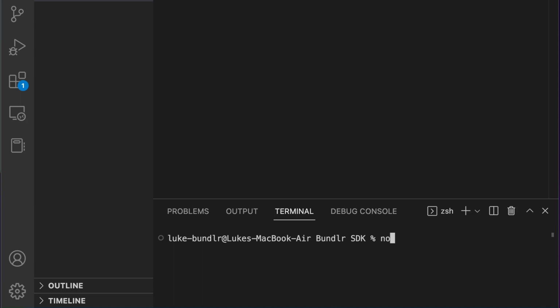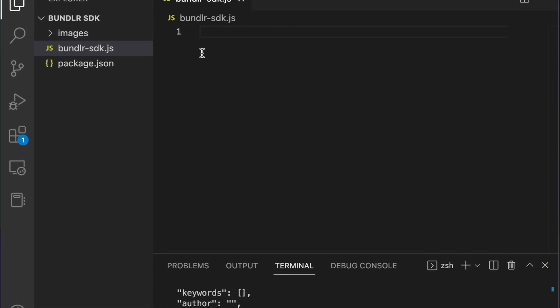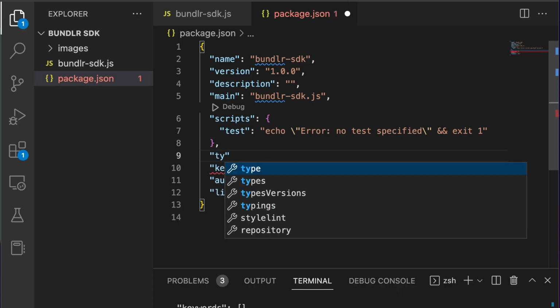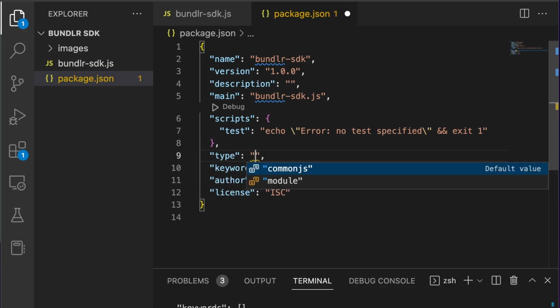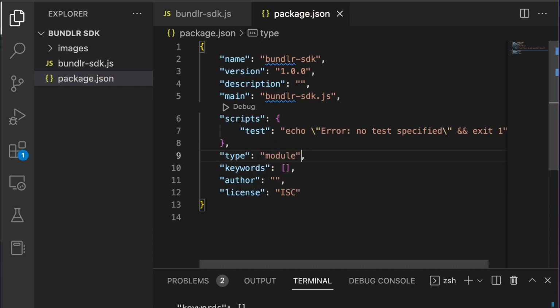npm init -y, cool. We're going to use ES6 style imports, which means we got to jump into the package.json and change this here. Type is module, cool.